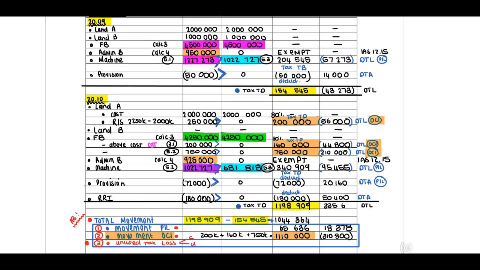Important. Then, the next thing that you should be able to identify is the movement in terms of your profit and loss. Okay, so guys, this is your movement of your profit or loss. Therefore, when you look at 2009, all of your temporary differences relate to profit and loss accounts. Therefore, we have indicated, look at the right side, deferred tax liability profit or loss, deferred tax asset profit or loss. Therefore, this is the 154,545 amount,